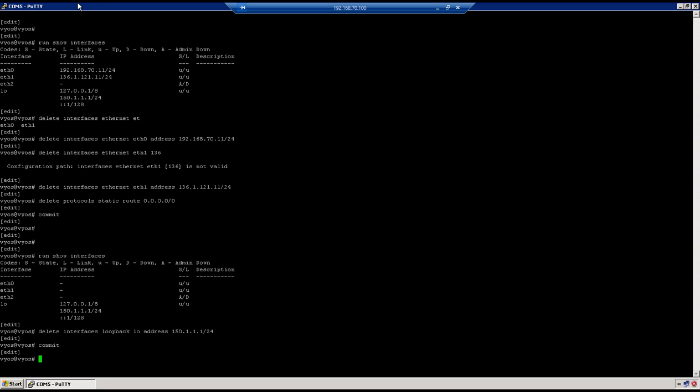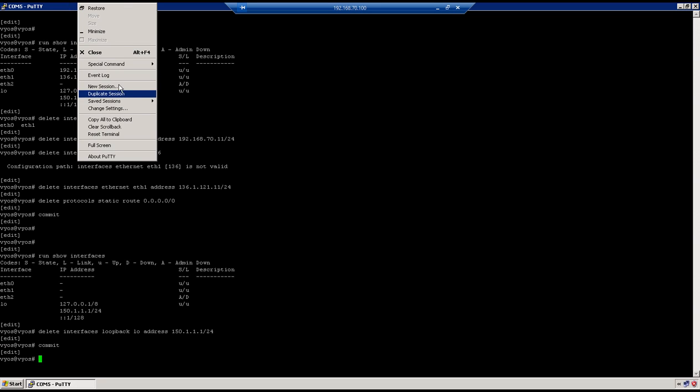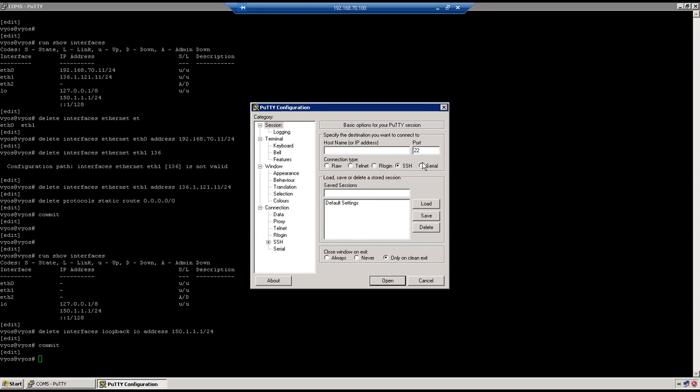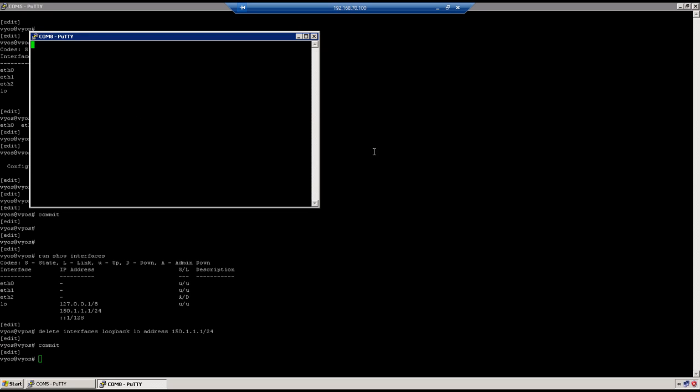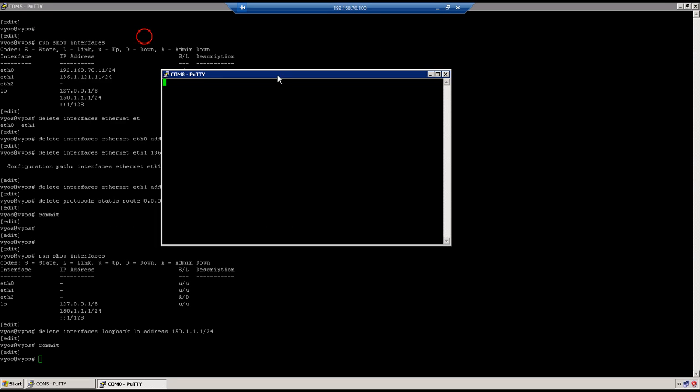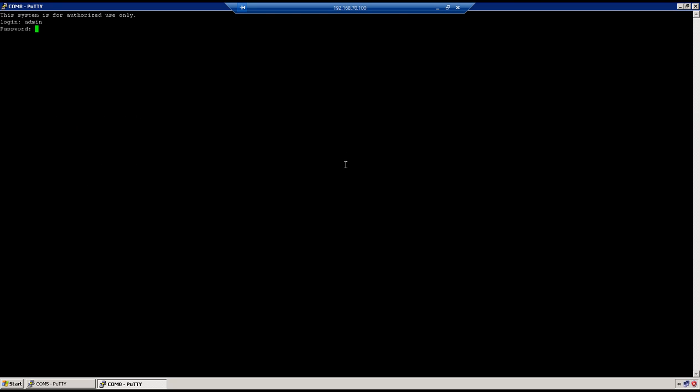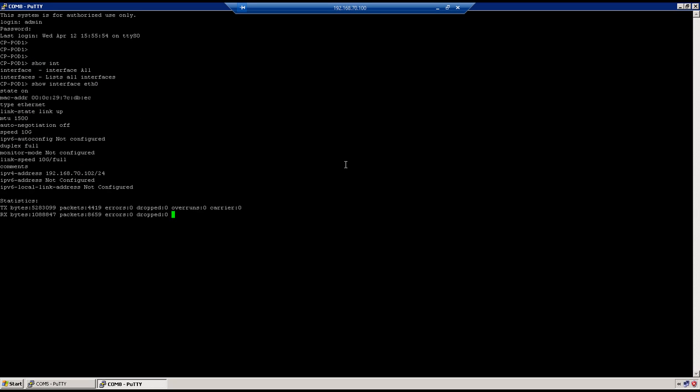Now if you want to delete the configuration on the firewall, go to new session, serial, firewall is on COM8. This information you will get in the documentation where the consoles are connected to. Now I'm on the firewall authentication prompt, username admin, password is admin123, show interface ETH0. I would recommend not to delete this interface because that's required for management purposes, but if you delete the IP address on this interface, still you will be able to reconfigure the interface because you are on the